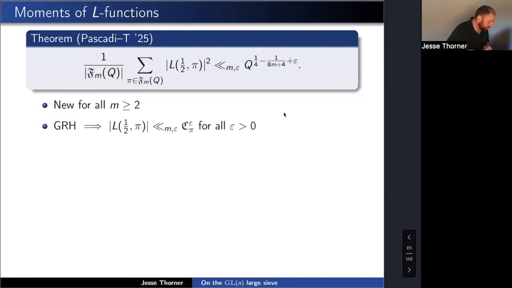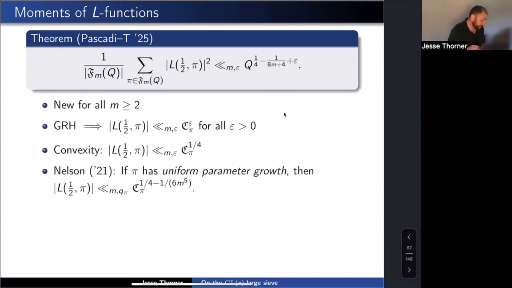But why is this a meaningful bound? Well, let's take into account the fact that the generalized Riemann hypothesis implies that L of a half pi is bounded by analytic conductor to the power epsilon. The convexity bound, which you can think of as being a trivial bound of sorts, is analytic conductor to the 1/4. And in a spectacular breakthrough made a few years ago by Nelson, if you assume a technical condition called uniform parameter growth, which is saying something about the particular manner in which the analytic conductor varies in the family,